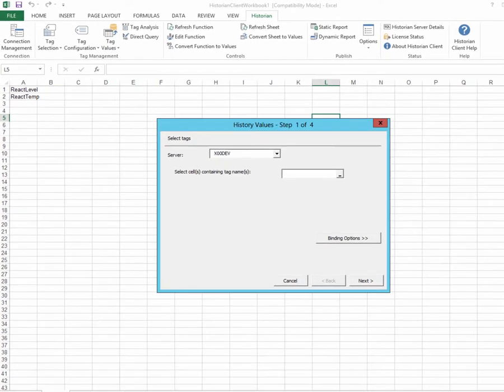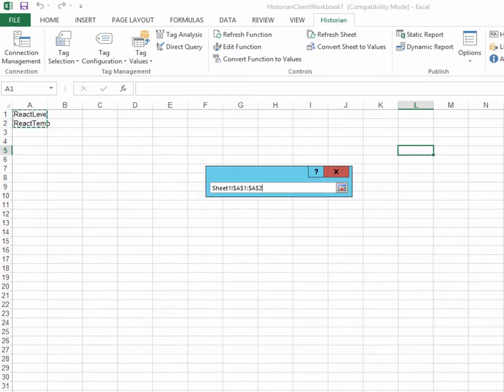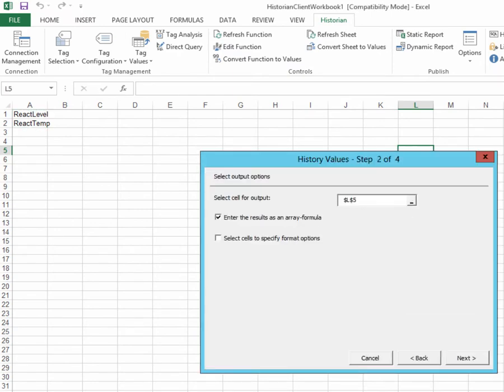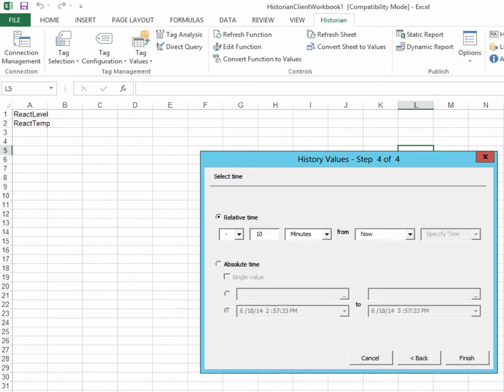I'm going to select History Values. And for History Values, let's select here my tags, click Next. For the output, I want the output here on cell C2, click Next. I'm going to leave these default options, click Next, and here, where I select the time that my query is